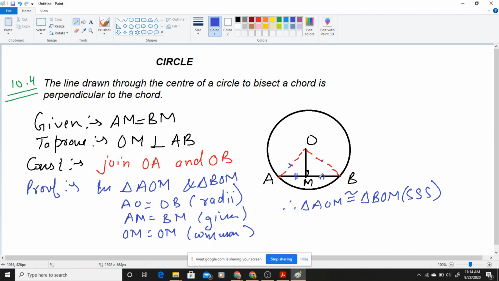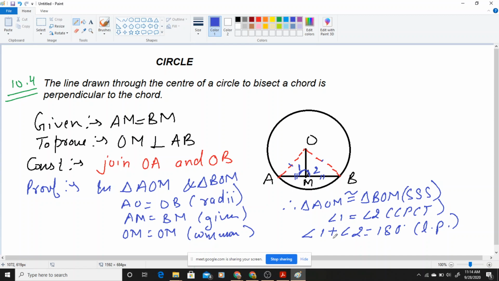Now just see, if these two triangles are congruent, can I write one thing that this angle 1 and this angle 2 are equal? क्या मैं ये लिख सकता हूँ angle 1 equal to angle 2 by using CPCT? Okay, so we are using, yes. And the sum of angle 1 and 2, the sum of angle 1 plus angle 2 is how much? It is 180. Why is it 180? Because they are forming a linear pair, LP. I am writing. Now angle 1 and 2 are equal. देखो दोनों angle equal हैं and I am having angle 1 plus 2 equal to 180.